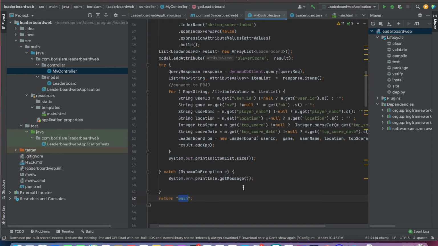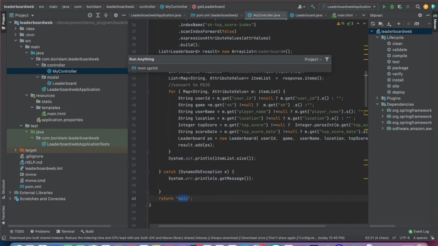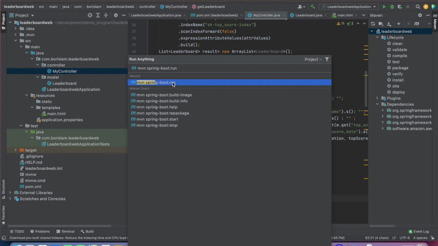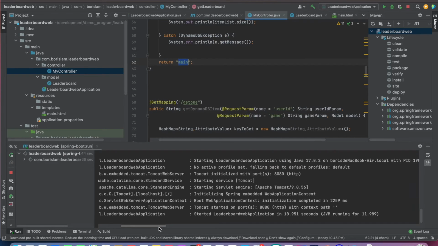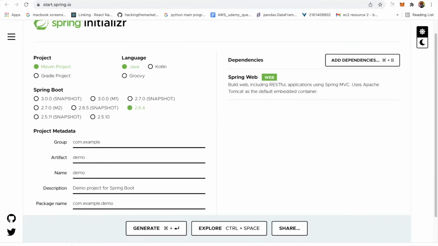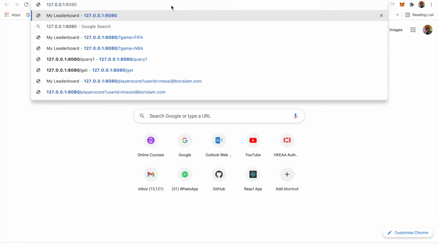This is the first method in the controller. Let me run the application for you. I just type mvn spring-boot:run. Okay, the application has been started. Now I go to the browser. I go to the default path,